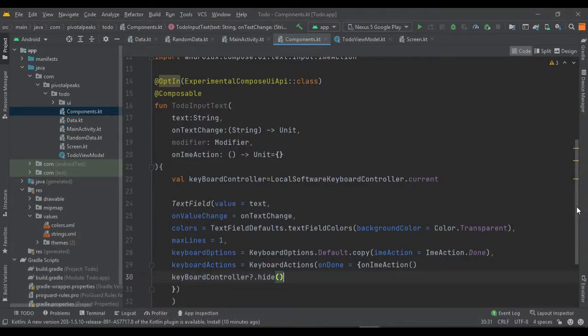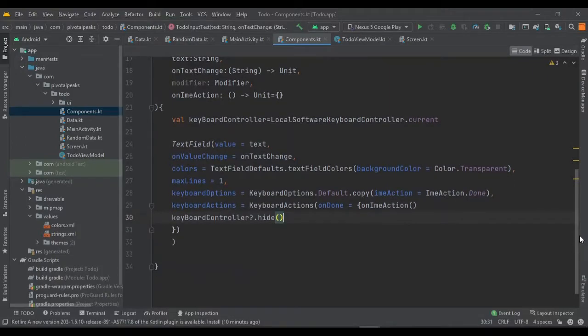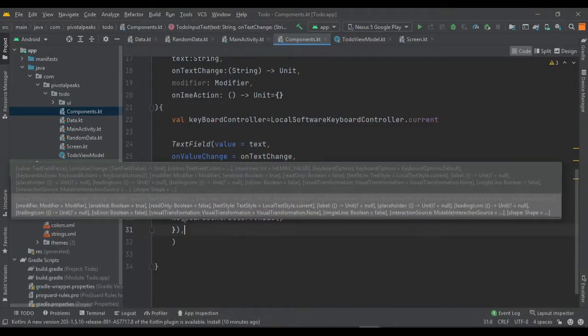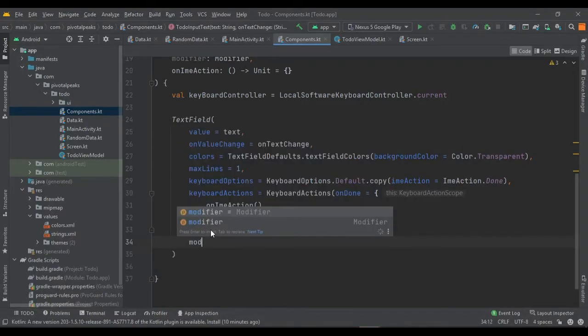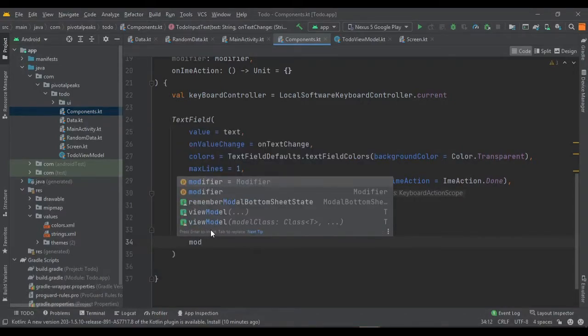And what else do we need? We need a modifier, but we first need to close it. I need to see where it is. So yeah, it is now. It looks much better after formatting. So last option, we need the modifier.